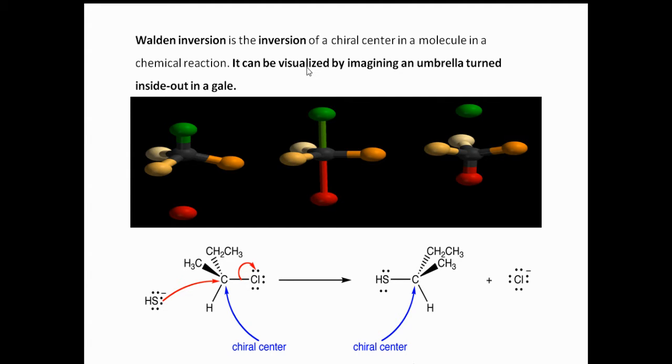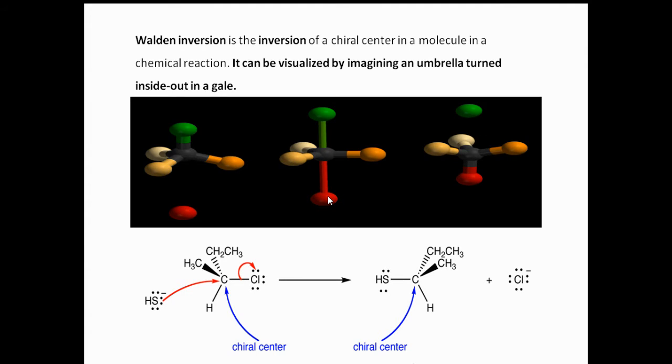What is Walden inversion? It is just like visualizing or imagining an umbrella turned upside down when you go out in strong winds or in a gale. So this is the carbon. Consider this is an asymmetric carbon, a chiral carbon with 4 different groups. And the green one is the leaving group. Now the red has to come and attack onto the chiral center. This is the transition state where the green is being lost and the new bond is being formed between the carbon and